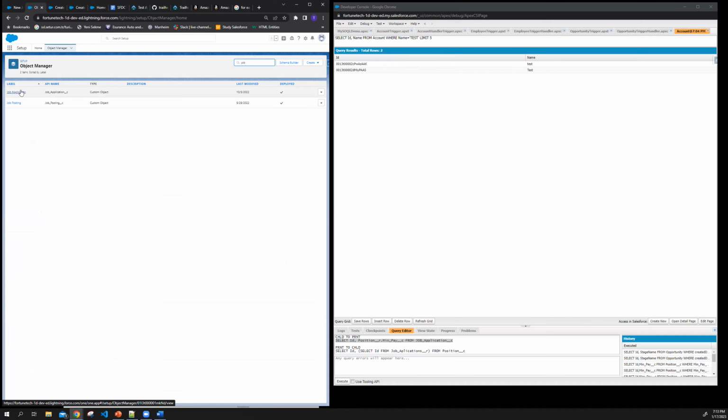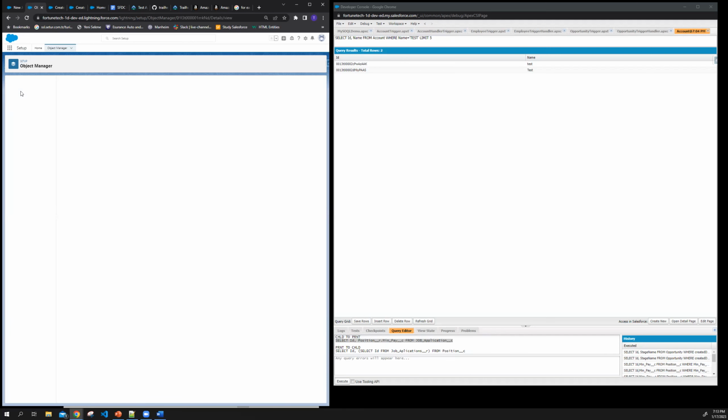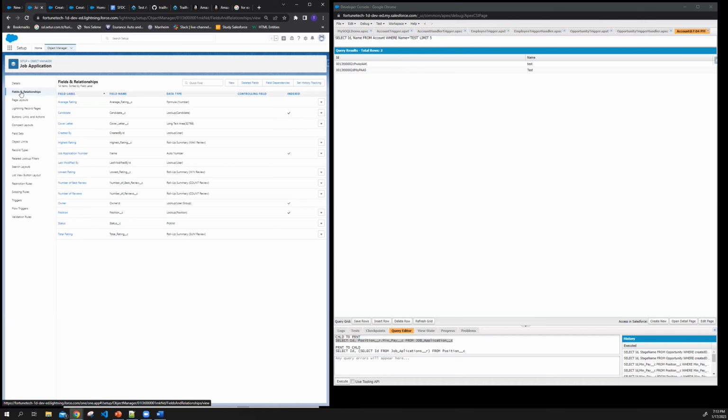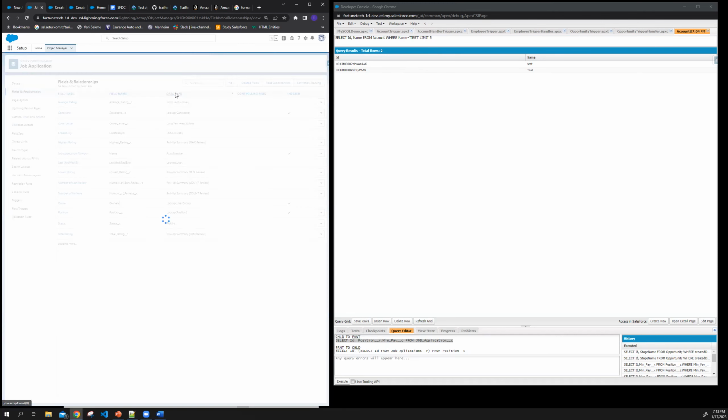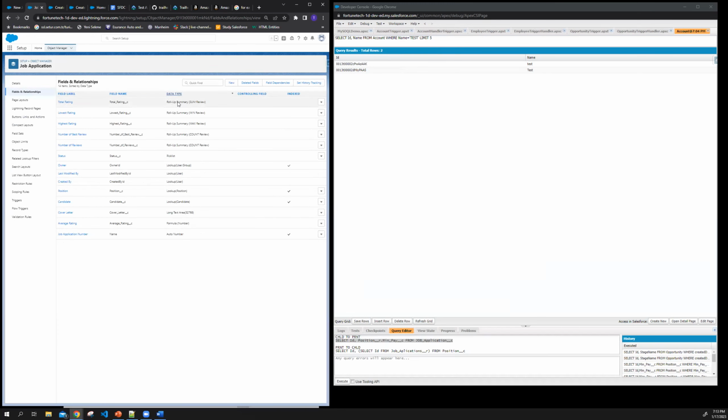Aslı, could you tell me where to go? Job application. Okay, and then we are going to look at Fields and Relationships. We are going to see the lookup position as the last third one. Do you want me to click and get into the details? Actually, we don't need to. Here we can see the position is a